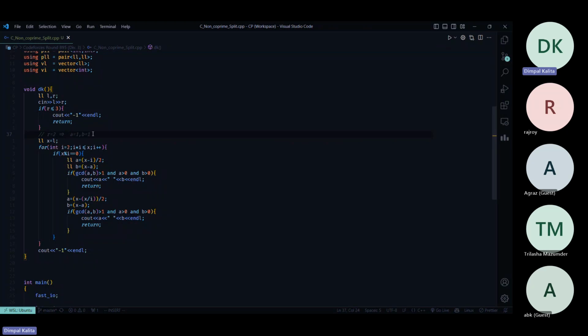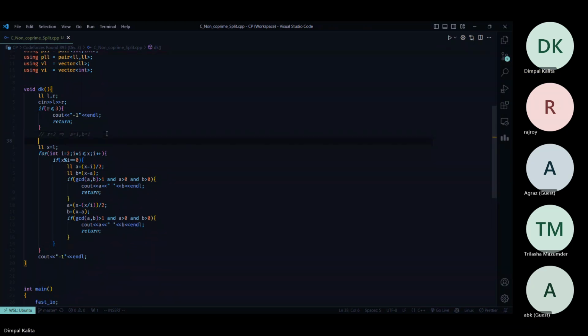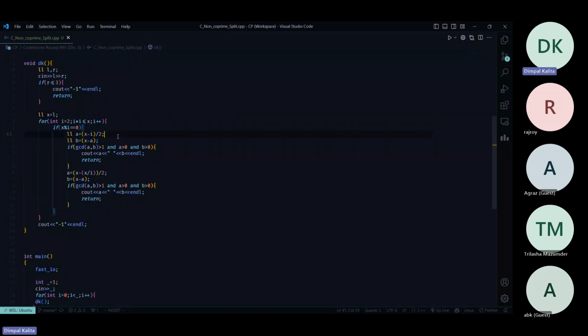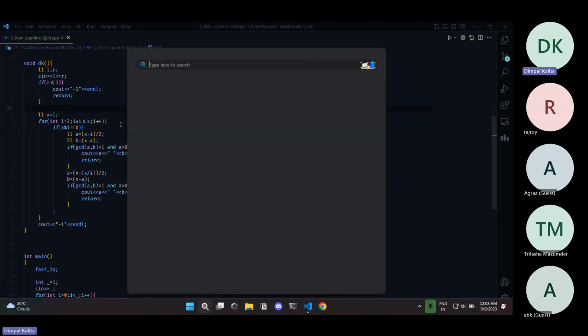But A equal to 1 and B equal to 1 is not possible because the GCD of A and B will be 1. So R equal to 2 is not possible, and R equal to 3 is also not possible. I have just put in -1 when R is less than or equal to 3. And for other conditions, let us consider P is a divisor of